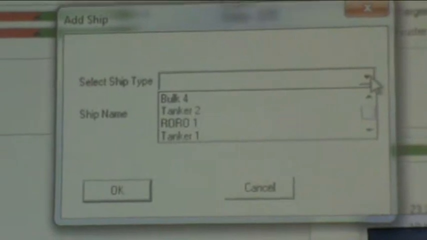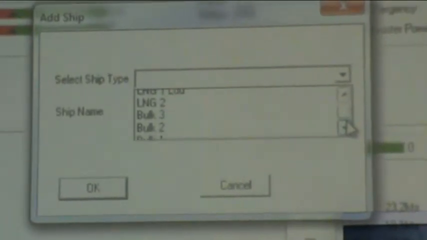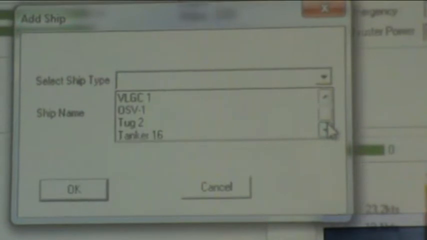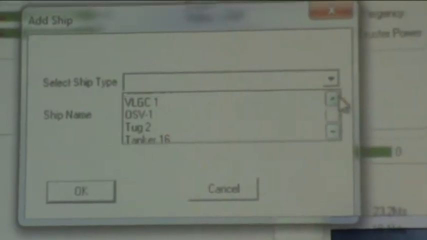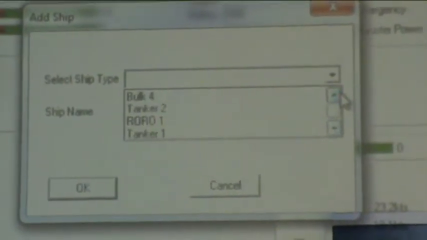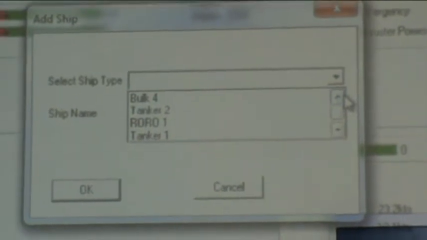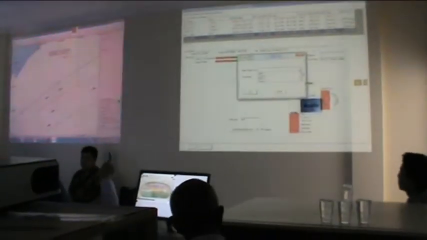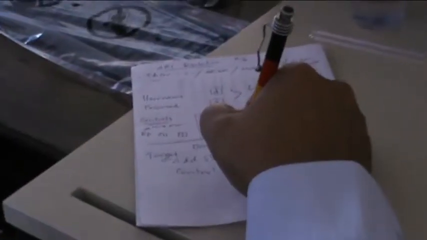So select the ship type. Okay. Then you have passenger, car carrier, sailing boat, LNG, target ship. Okay. Barges also. We have tugs. Okay. All these ships you can add. Keep on adding as your target ships. Okay. But these ships will only be controlled by the instructor. Okay. These ships which you are adding, these ones.